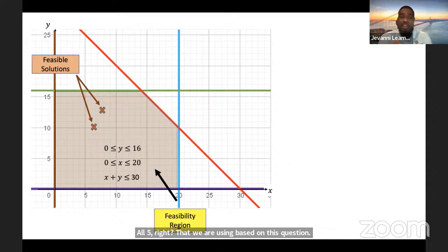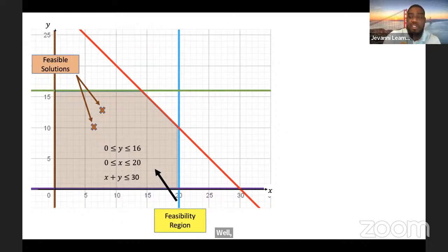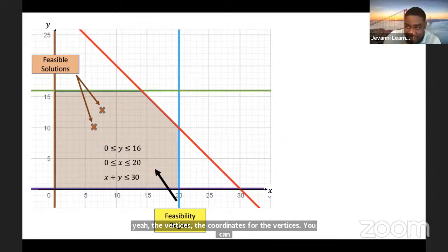Josiah, you can go ahead if you have a question before that. All right, cool. So can anybody give me the vertices, the coordinates for the vertices? Yeah, let's continue. One of them would be